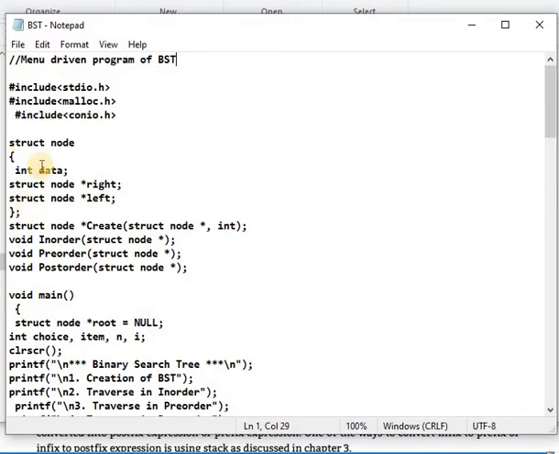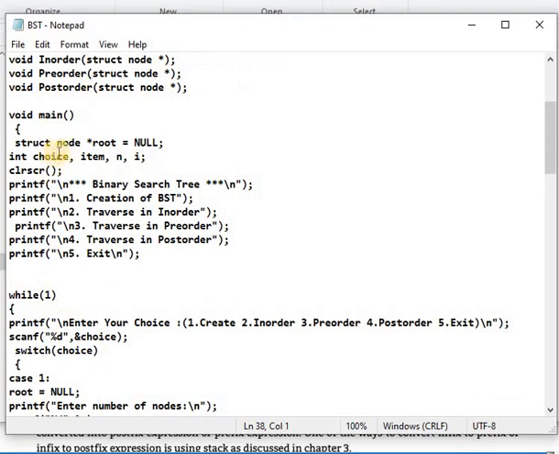After that, these are the structures taken, with node as the struct name. After that, these are the members of that structure. These are the pointer members of the node structure. After that, these are the functions: inorder, postorder, and preorder. Pass the variables as a pointer to the structure, and then create the function as create, and this is the pointer to the structure for the functions. After that, void main.